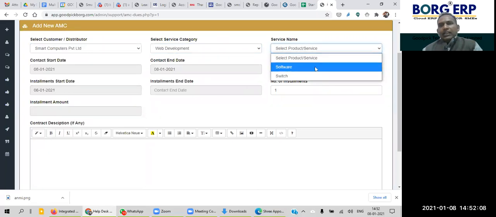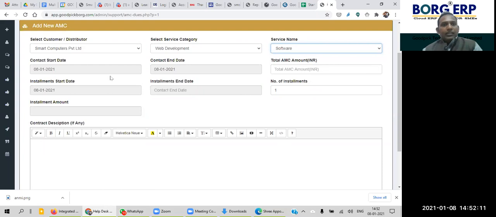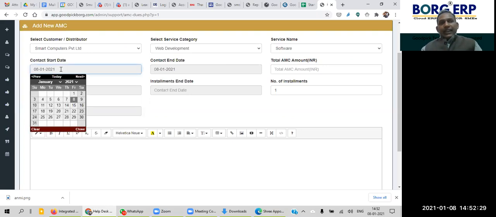Then here I can put the software. At the time of setting up this module, we have to fill in the service category and name, and accordingly the relevant service category and service name will be displayed. Now this is the contract start date.